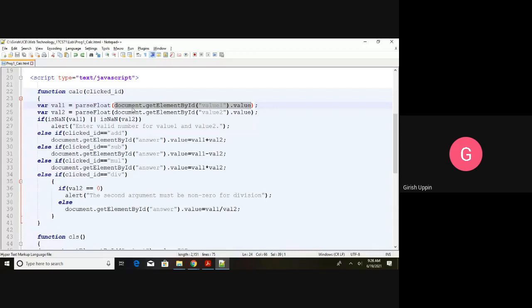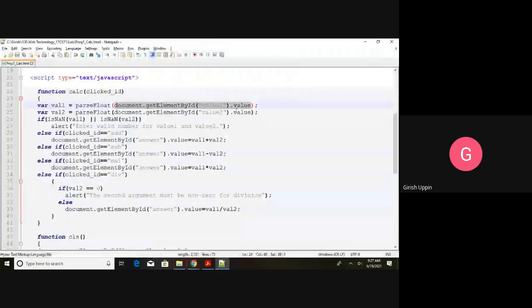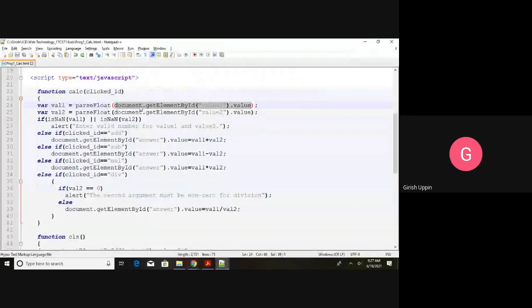How to access it? Using the DOM object, that is document.getElementById, and give the respective id. Until this part, it will get this HTML element, and .value. So whatever the user has typed, suppose 12, it will get that 12 value here.